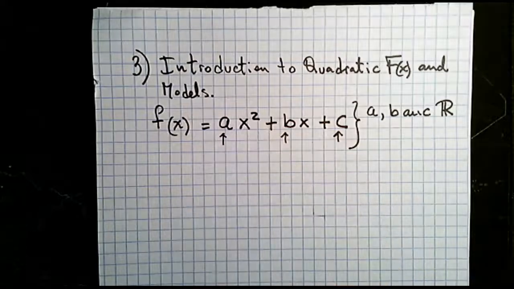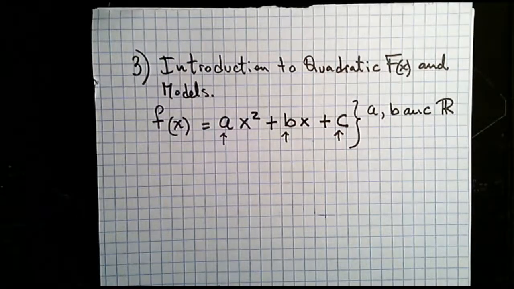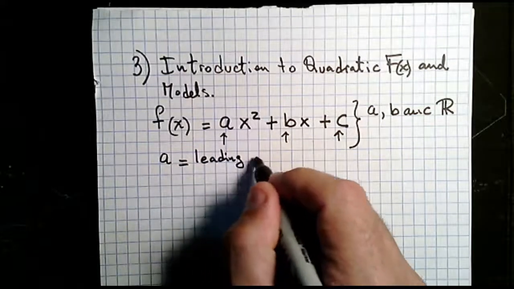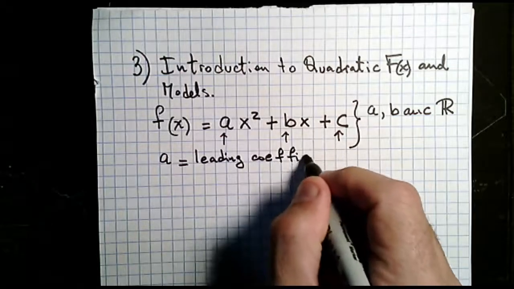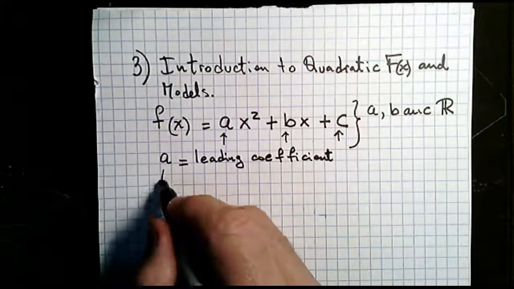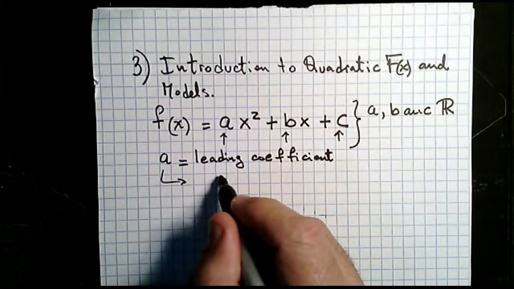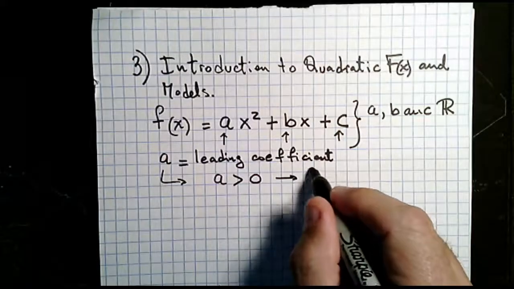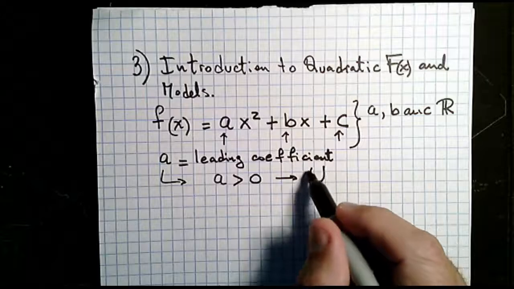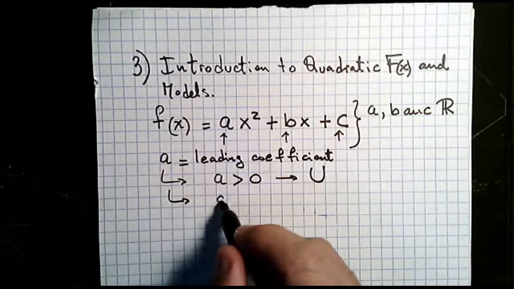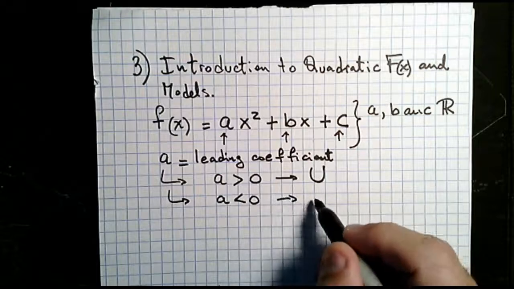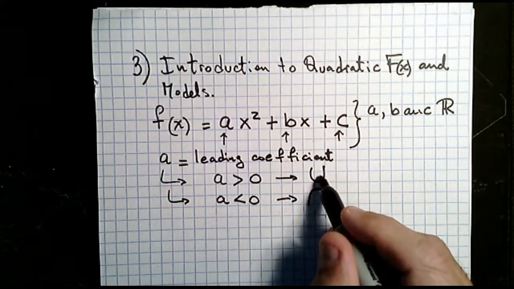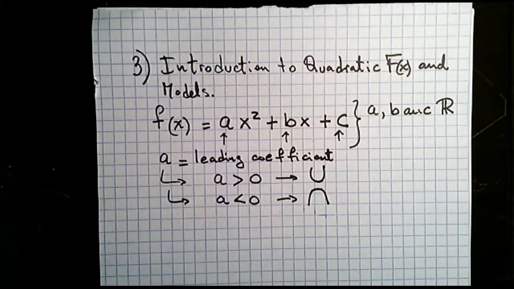called a parabola. Okay, so also this one, the a, is called the leading coefficient. So we're going to call it like this, the leading coefficient. And the condition for that is when a is greater than 0, the parabola is going to open upwards. When a is less than 0, the parabola is going to open downwards, like that. This is going to be a happy face, and this one is going to be a sad